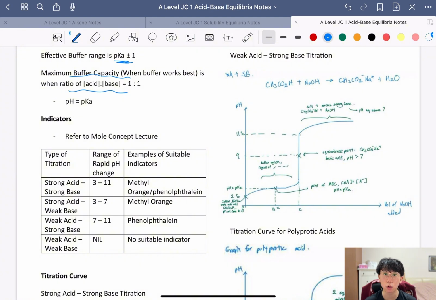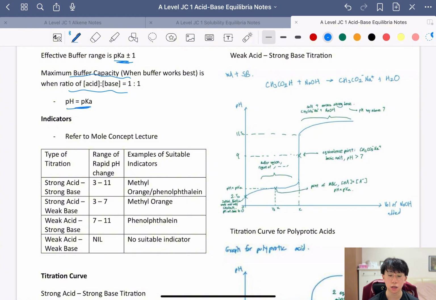Of course, it should be equal if you think about it, because this way it can react to both changes in pH by adding an acid or a base equally, and therefore that's when the buffer works at its best. Also do know that at the maximum buffer capacity, your pH will equal to pKa, and